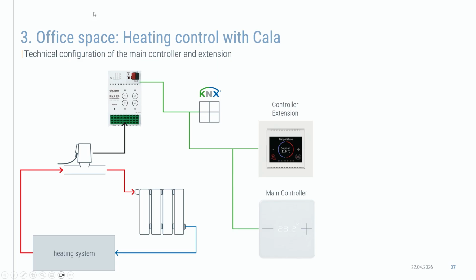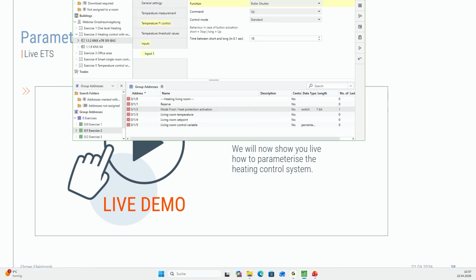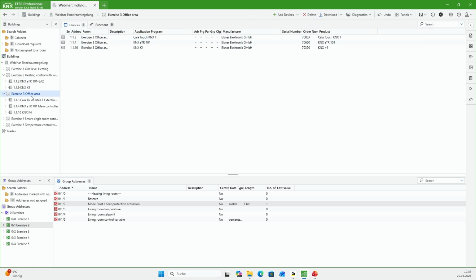So in short, this is the schematic. We have the main controller, the ETR, the extension controller, and the rest of our system. We will go again to the ETS to see how this is applied. So in the office area,